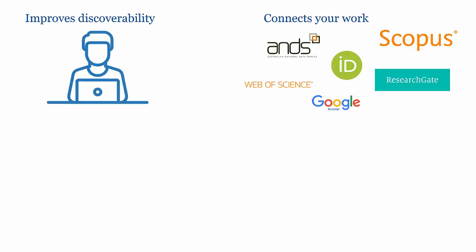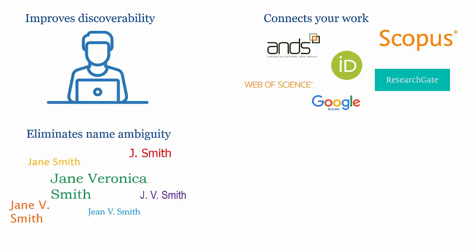Welcome to ORCiD, the persistent digital identifier that distinguishes you from every other researcher. You might be wondering why you'd want to use it. Well, having an ORCiD improves your discoverability, connects your work, eliminates any name ambiguity, and it stays with you throughout